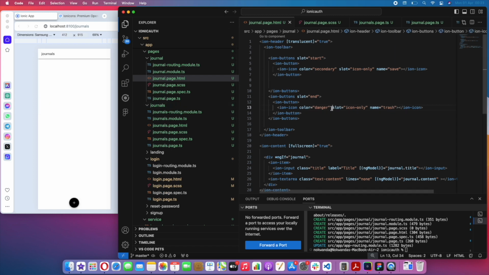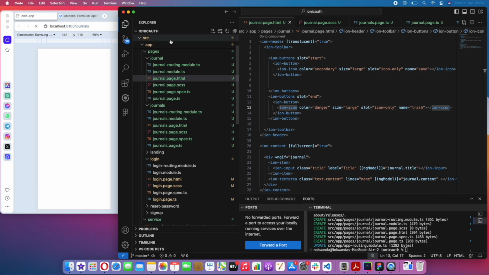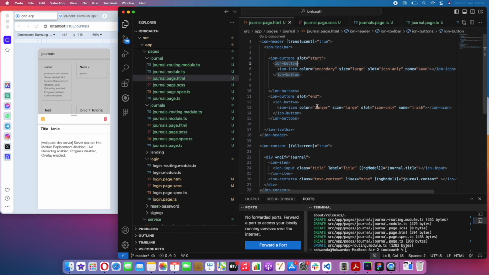Also you can have the size. We have size of large, size, okay, so we have that's true on the other side. So here we have one for, let's say they've saved. Now what should happen, we're gonna have click